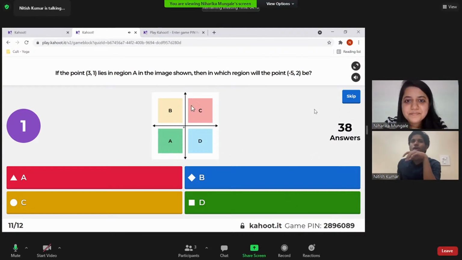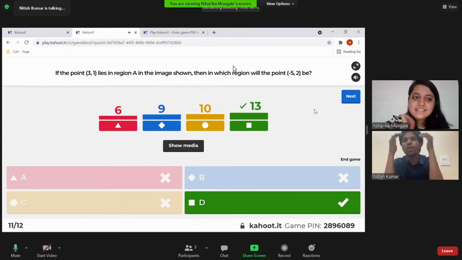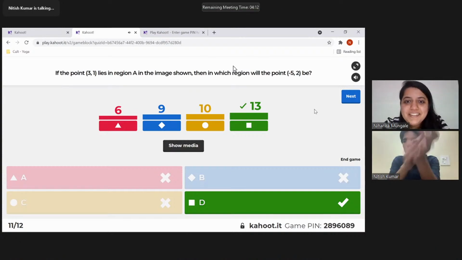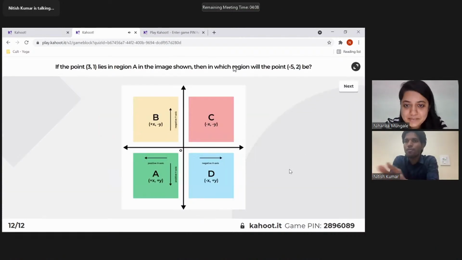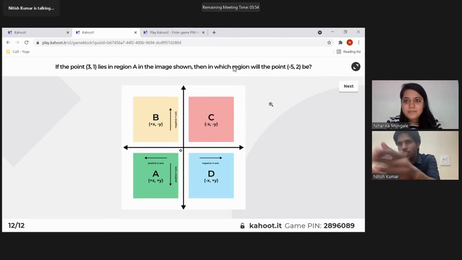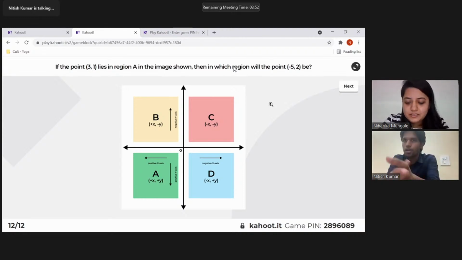Okay, so 3 comma 1 lies in region A. This was a tricky question. I agree, this is a tricky question. So I'm going to explain how this works. I'm saying that the point 3 comma 1 lies in the region A, that green colored region in this coordinate space, that means